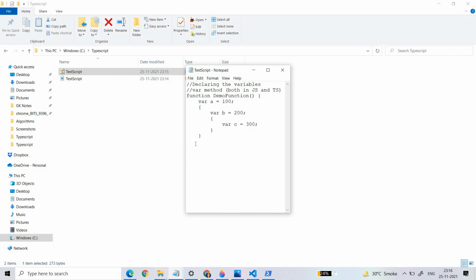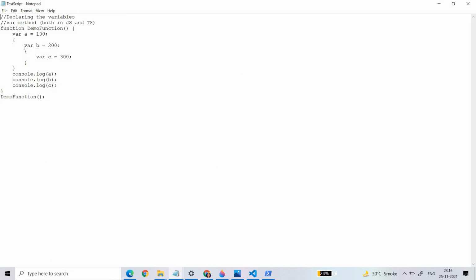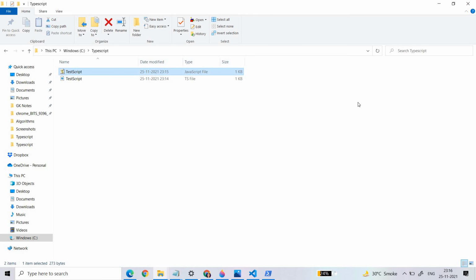And see what happens. You can see you have written all of it with let. It has converted all of it to var, right? So what does this mean? This means that even if you have written wrong code as per TypeScript, when it is compiled, even if it gives an error during the compilation, the compiler, or you can say the transpiler, will simply convert your TS code into the nearest possible, or you can say the correct, JavaScript code which can make it work. That is the main concept. Please don't forget this.